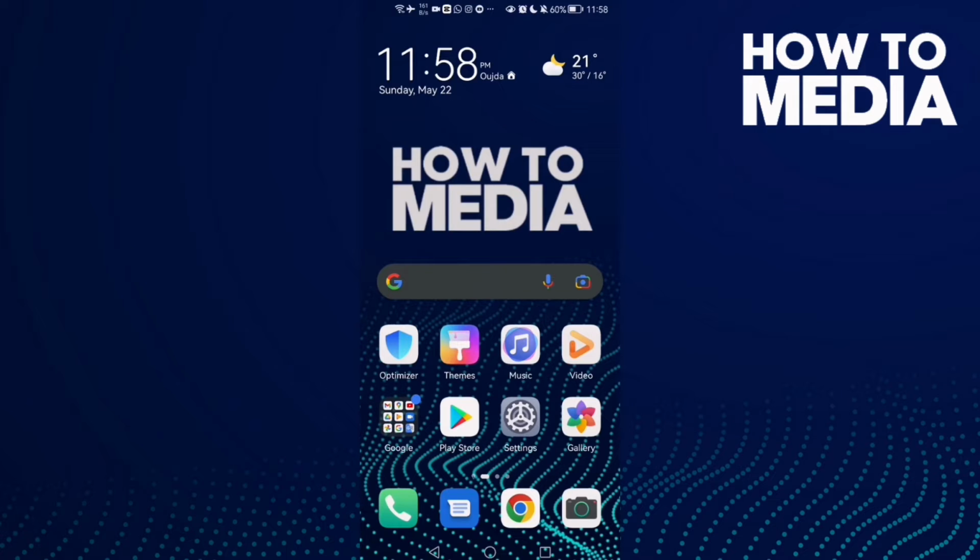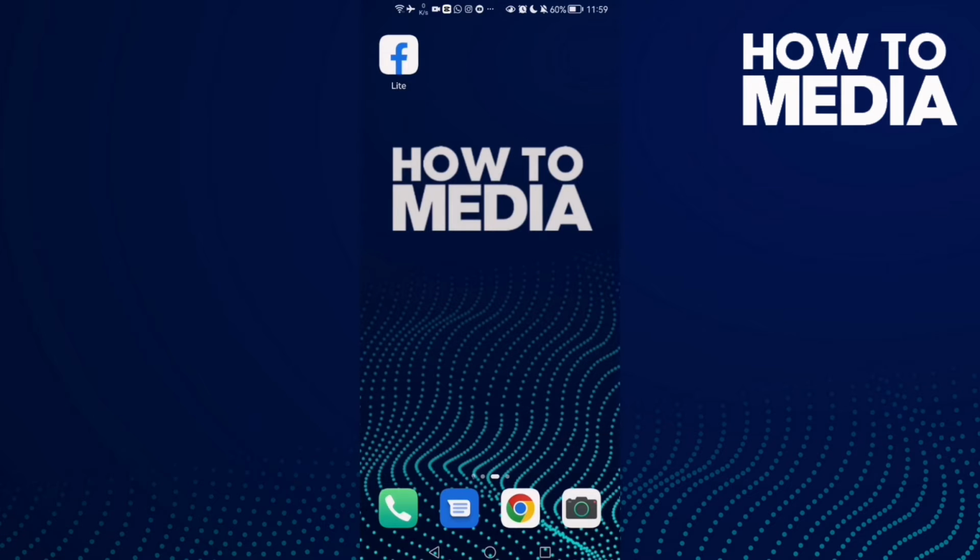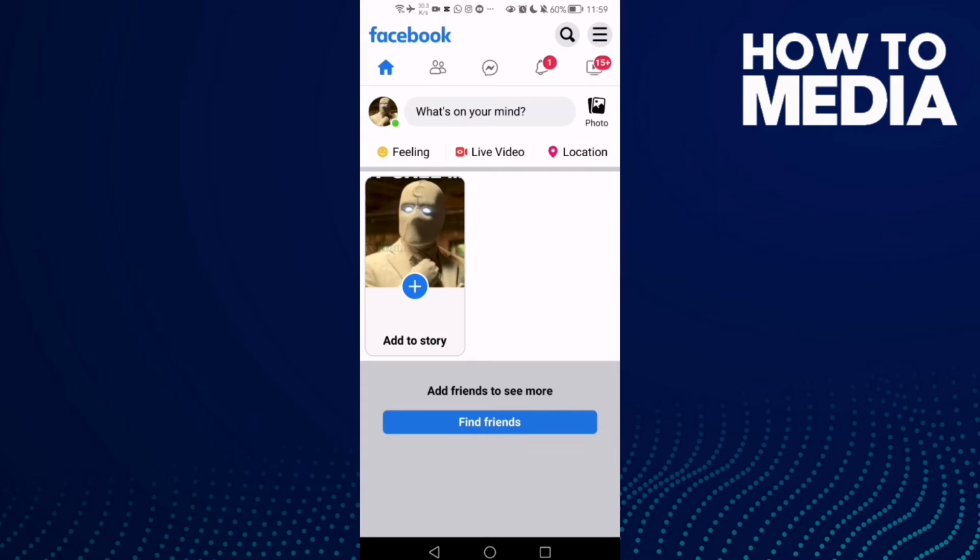How to turn off page you manage edits to your posts notifications on Facebook Lite. Hello guys, in today's video I'm gonna show you how to turn off page you manage edits to your post notifications on Facebook Lite. First thing, go to Facebook Lite and here click these three lines in the top corner